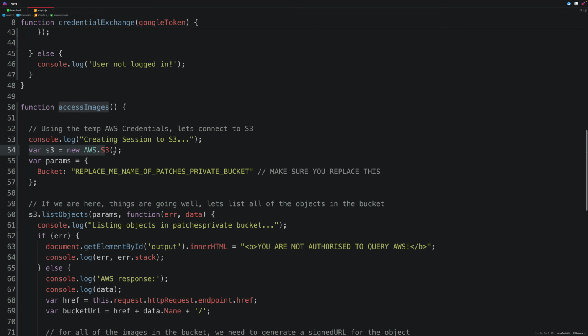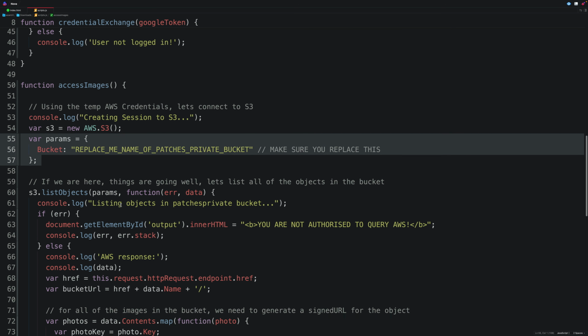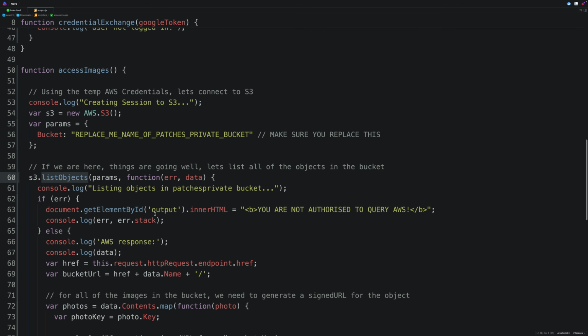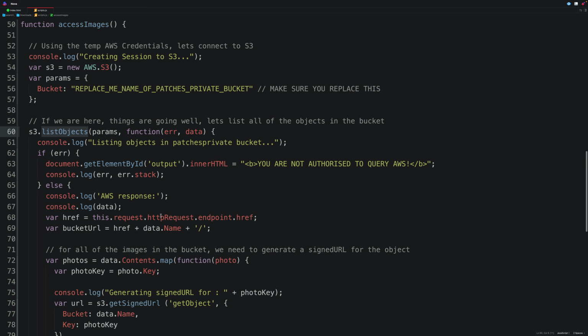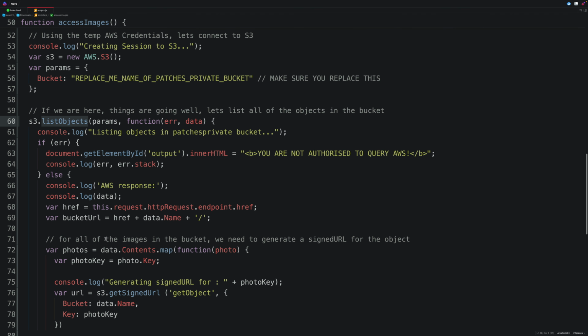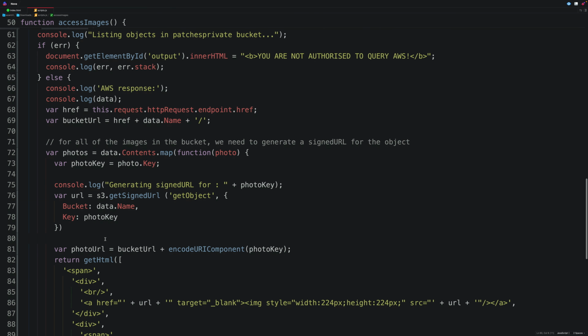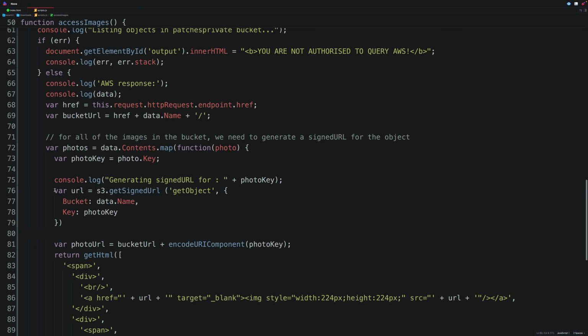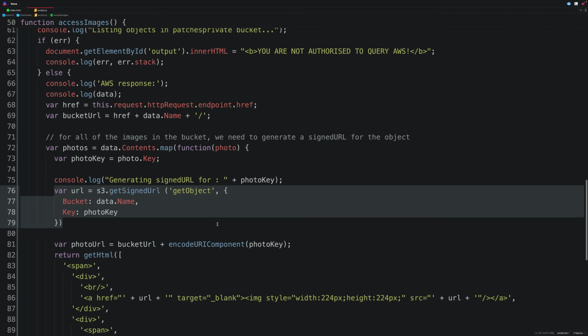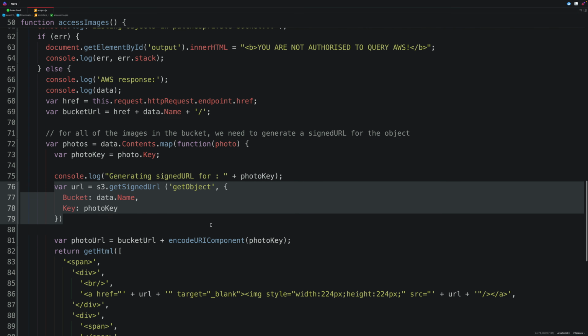The first thing it does is to make a connection with S3, specifically to a particular S3 bucket, and this is one of the placeholders that we need to change. Then it does a list objects on that S3 bucket, and then for all of the objects in that S3 bucket, it generates a pre-signed URL using that object as well as the credentials that Cognito provided.